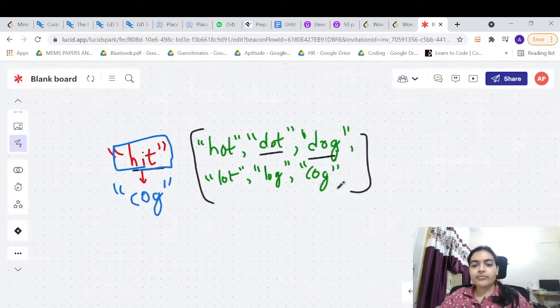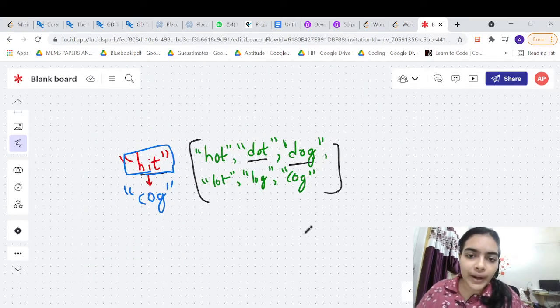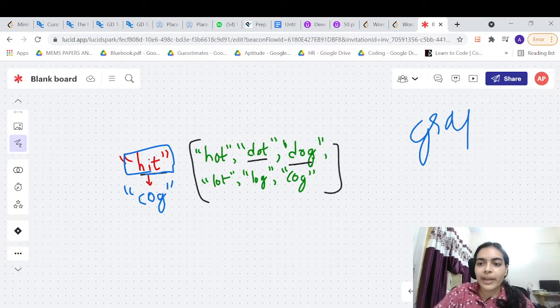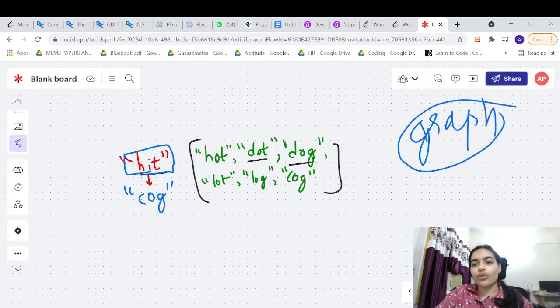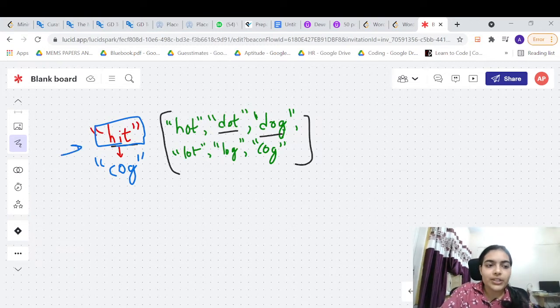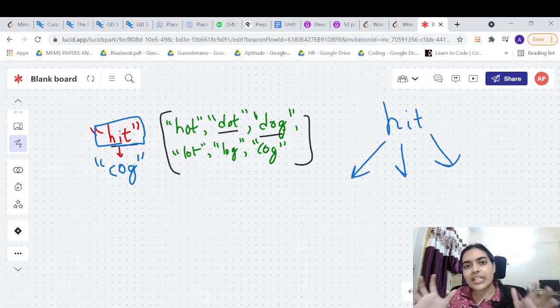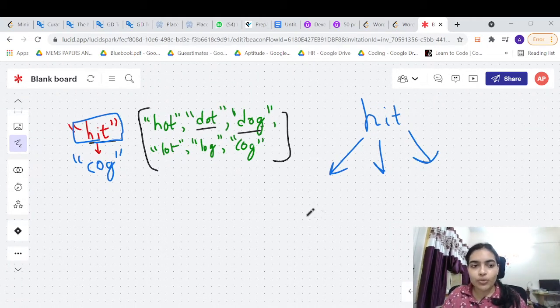The algorithm is basically simple. We are going to still do BFS, but while making the graph, we are not going to store the neighbors like we were doing now. We'll just change that. How are we going to do that? We have the first word hit. Now let's try to find out all its transformations previously itself. What do I mean by that?